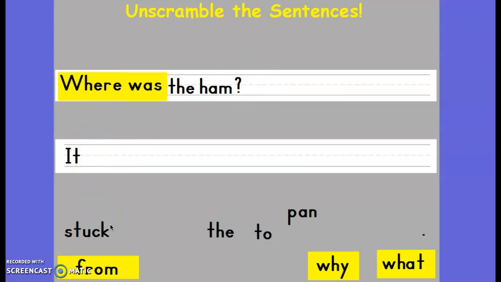So now we already know the beginning of our second sentence because we know we have to start with that capital letter. So let's see if we can figure out what the next sentence was. And we're going to use this first sentence to help us. Where was the ham? It, now they're referring to the ham, it, what do you think makes sense? It,